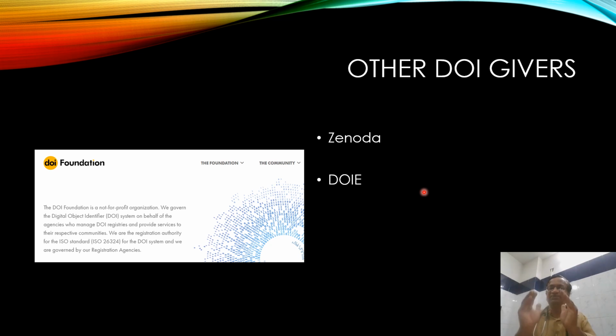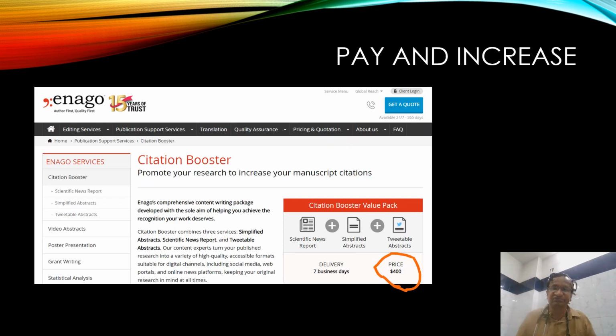If your article is published in a journal, for example, Journal of Reattached Therapy, this journal will not assign a DOI, but it will be shown as a URL. If you click the URL, the article will come. But this URL can be converted into a DOI from Zenodo or DOIE. So get a DOI, and when you are citing yourself, add the DOI.